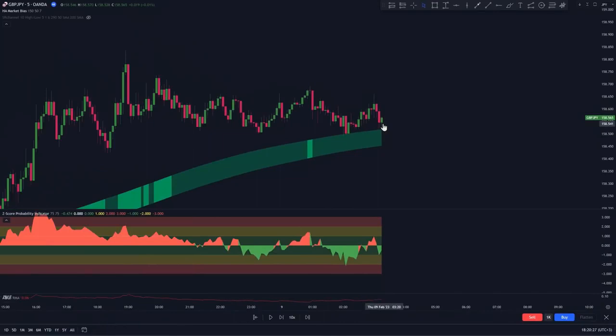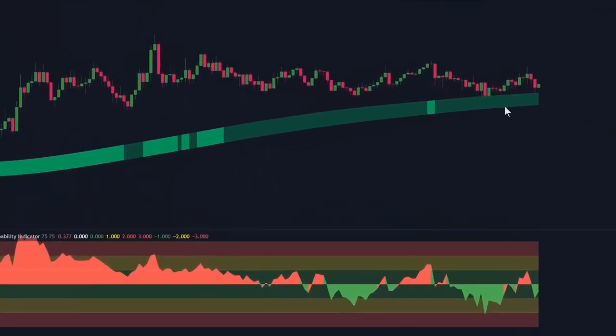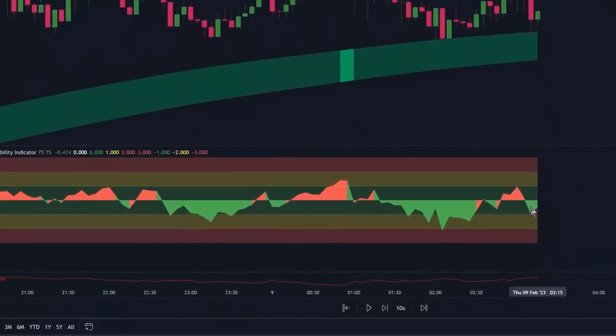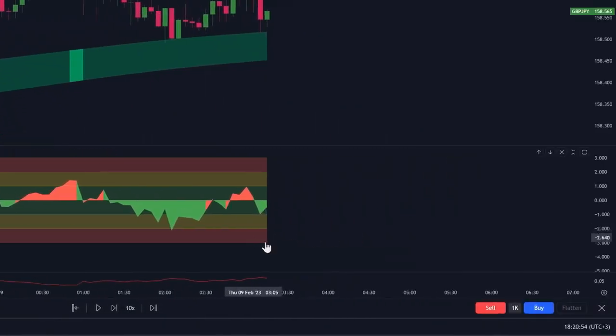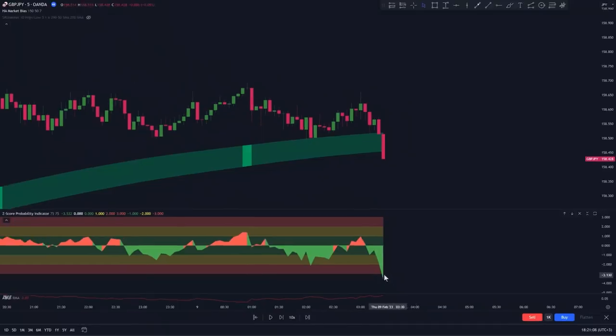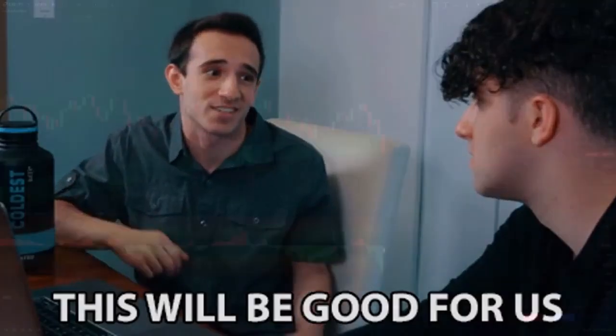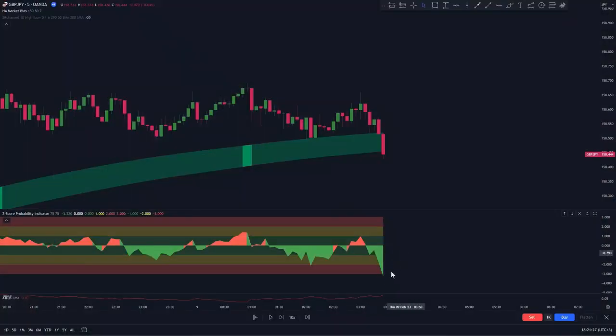To take a long trade, first, the trend ribbon of the market bias indicator should be colored dark green to indicate a pullback in a bullish trend. Second, we want the z-score histogram to go below the -3 z-score, so basically below this lower red zone. This indicates that the price is further away from the mean or the average, which is a good thing for us because if it comes back up to the mean, that would be an opportunity for us to make some